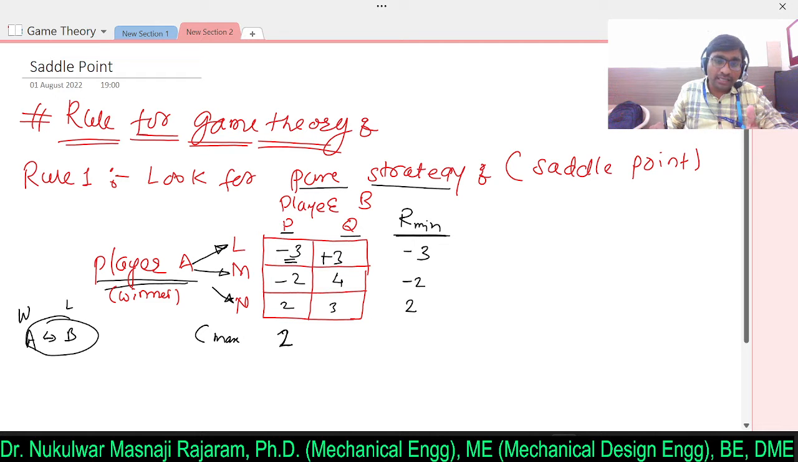Similarly, if the same player B plays strategy Q, what will happen? The maximum loss will be ₹4. Clear? Now that's why we consider the column maximum. So here we consider the column maximum. Now what we want